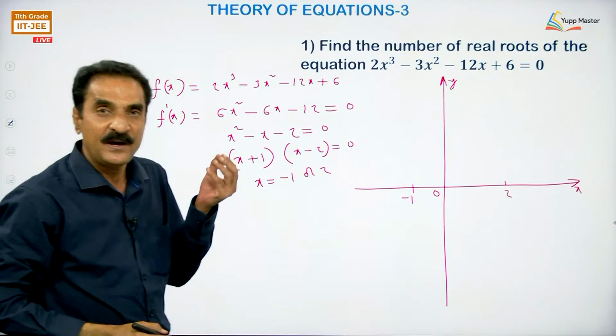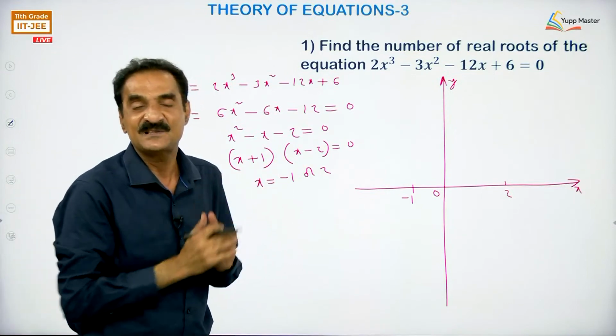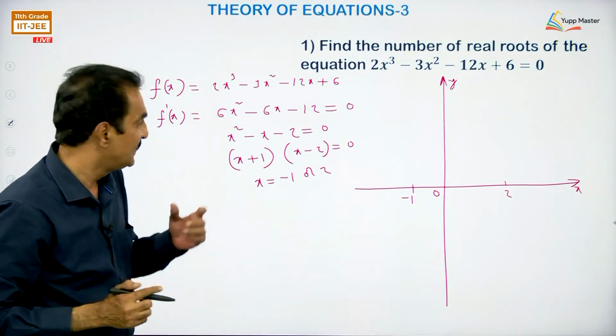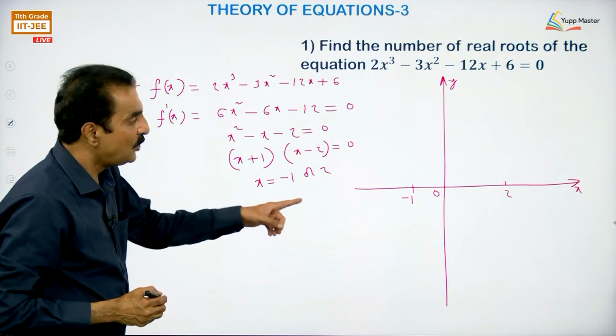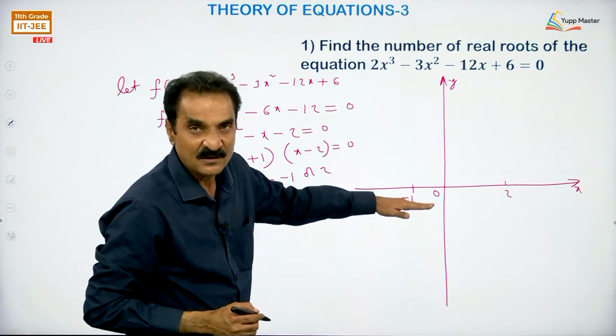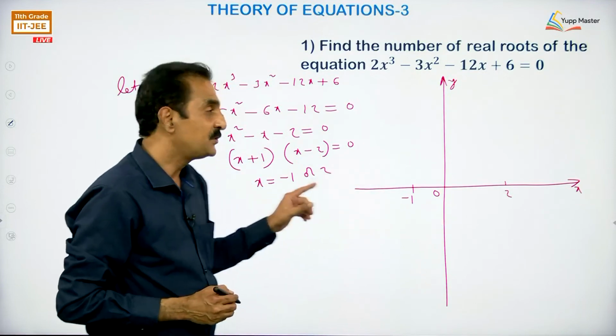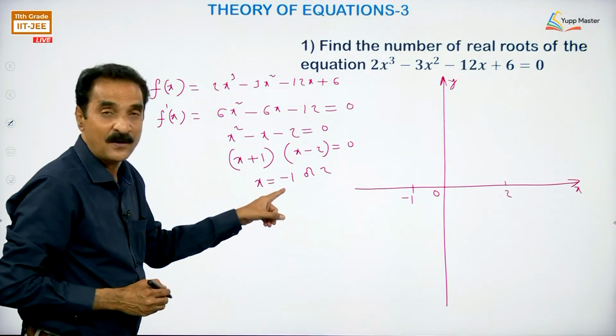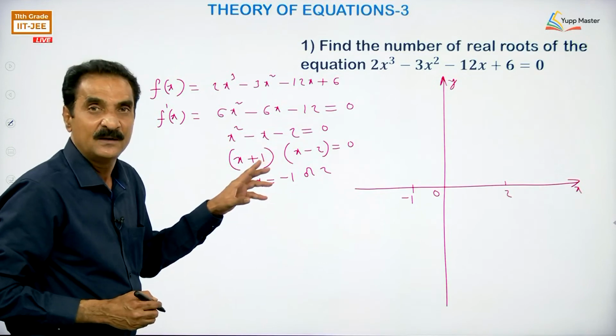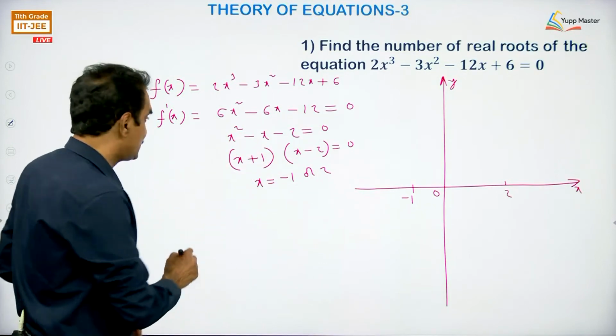But we should know where are exactly the maximum and minimum points. Now, to know whether maximum minimum points are on same side of x axis or opposite sides of x axis, we should find the signs of f of minus 1 and f of 2. If you take the product of the signs,